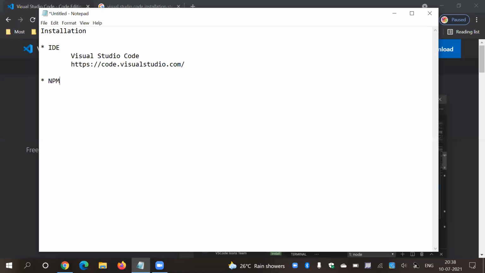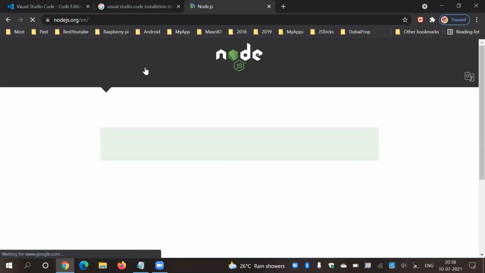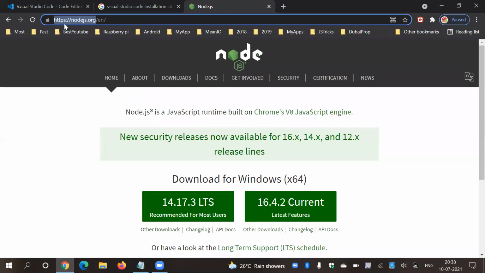That is required in every JavaScript framework like Angular, React, Vue, whatever framework you are doing, even Node.js, also Express.js. Every time you need this npm or Node.js. Npm is not the right word. The right word is Node. So just go here and type Node.js. Here is the official site. So simply download this recommended version, and that's it. The installation is quite easy and simple.